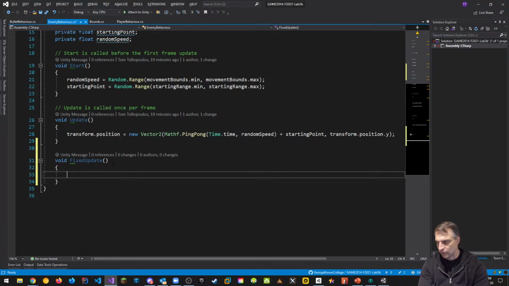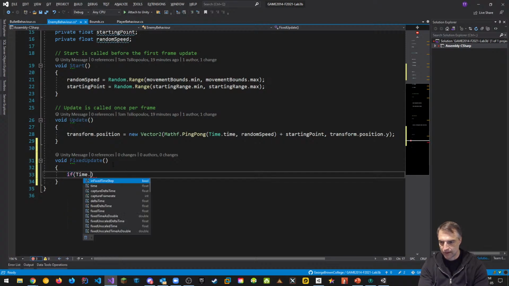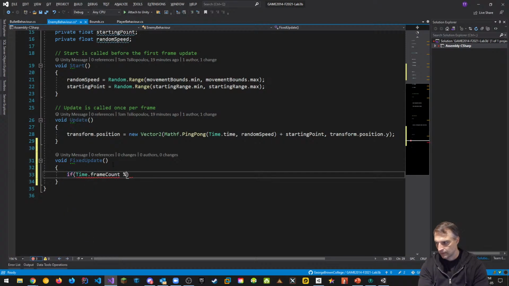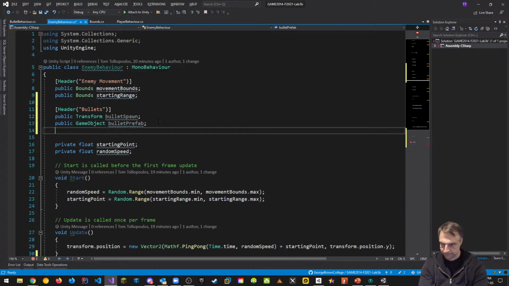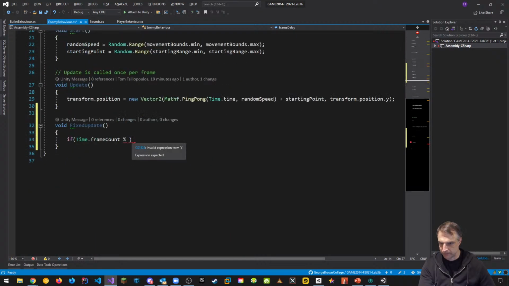So the way the delay is going to work is it's going to say if Time.frameCount percent some value, let's call that value frame delay, some number of frames that I'm counting,